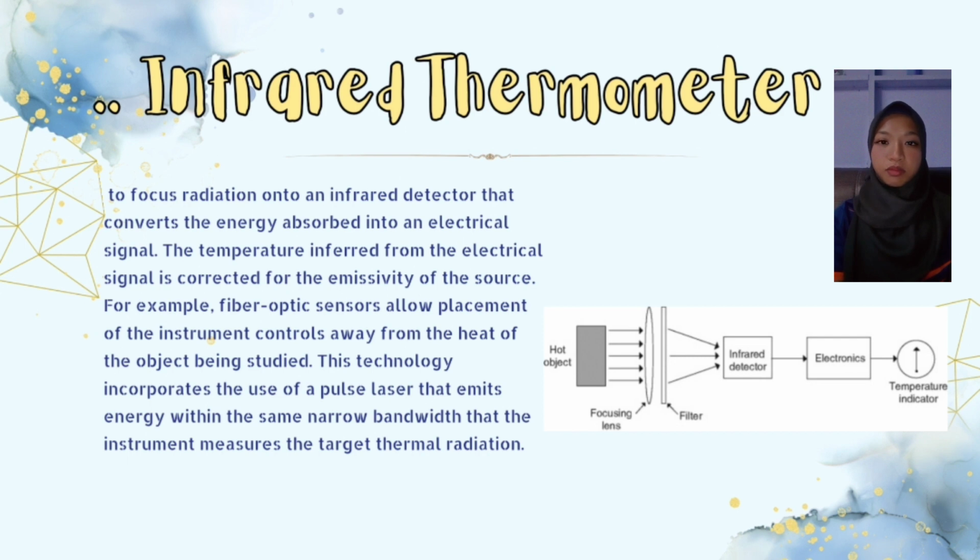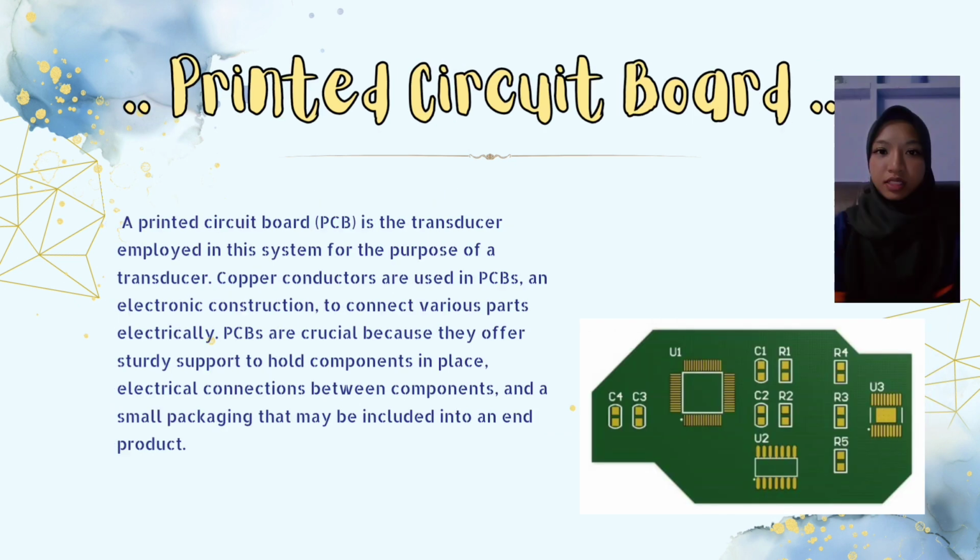Next is an infrared thermometer. It works to focus radiation onto an infrared detector that converts the energy absorbed into an electrical signal. The temperature inferred from the electrical signal is corrected for the emissivity of the source. For example, fiber optic sensor, a low placement of the instrument controls away from the heat of the object being studied. This technology incorporates the use of the pulse laser that emits energy within the same narrow bandwidth that the instrument measures the target thermal radiation. A printed circuit board